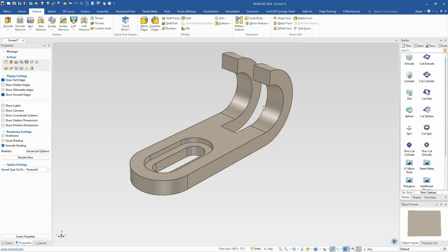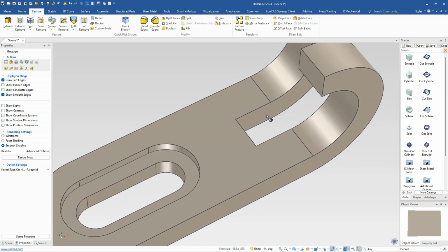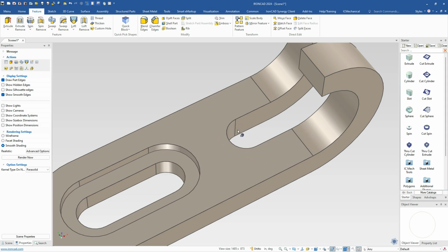We don't know the depth of this by any dimensions here. We're going to refer to this center point here. So it's 7 millimeters from an arc that's on this. So instead of using a sketch again, I'm just going to drop a cylinder here, and I'm going to put that on there and hold the shift key down to snap that to that side to make that line up